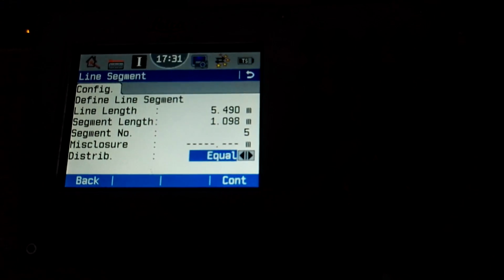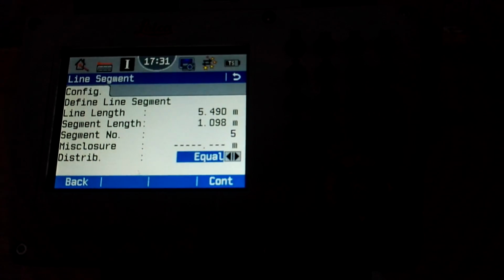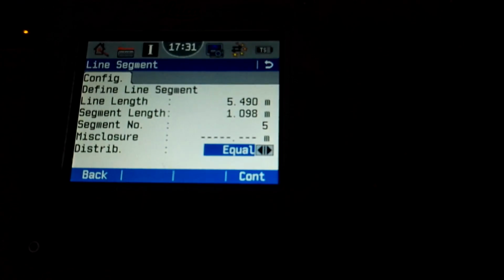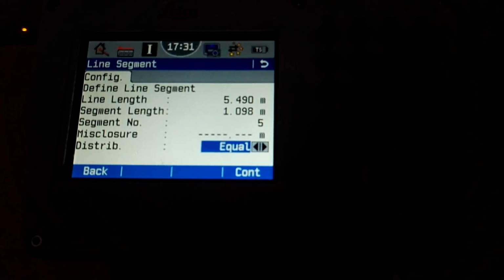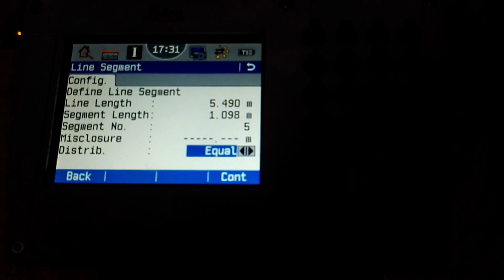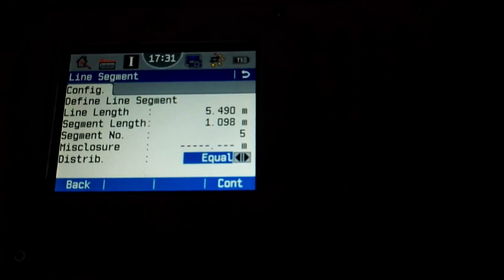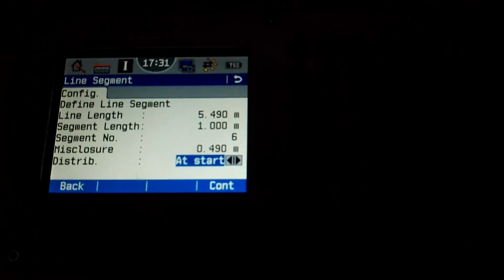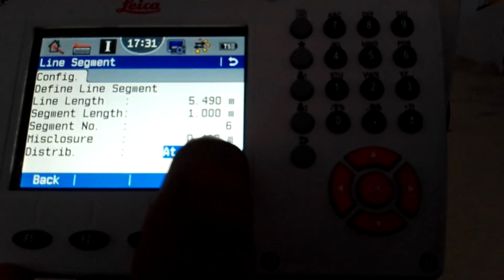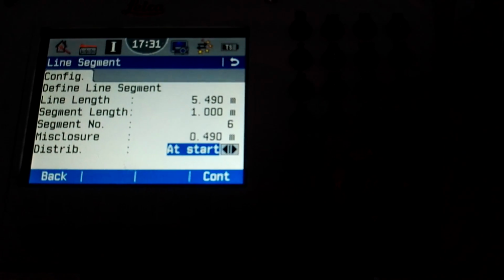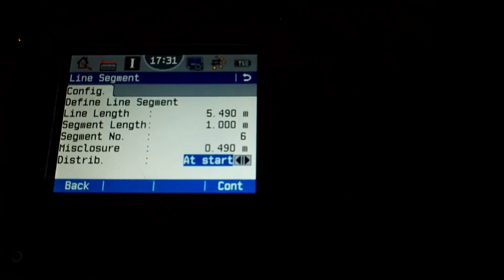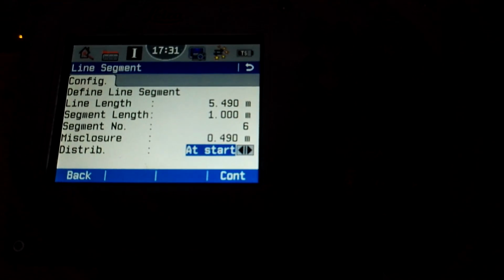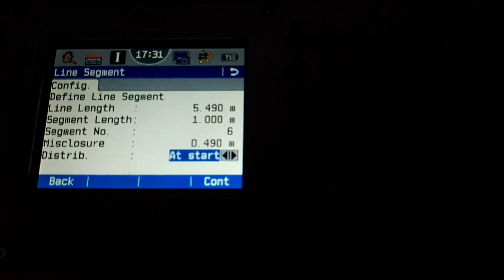So if I go to equal, if I press equally, then you see on the top we have 5 segments, and each segment length is 1.098. And if I go with the start points, then the instrument automatically changes the segment number to 6, but my first segment is 0.49, and all others are equally 1 meter.